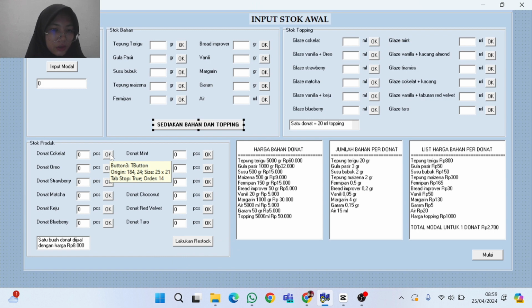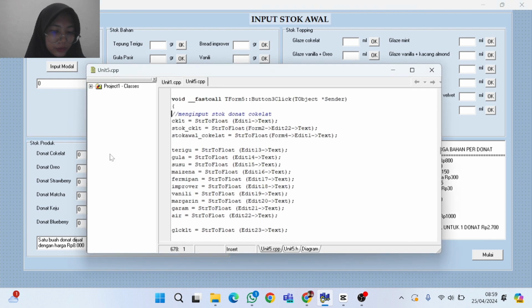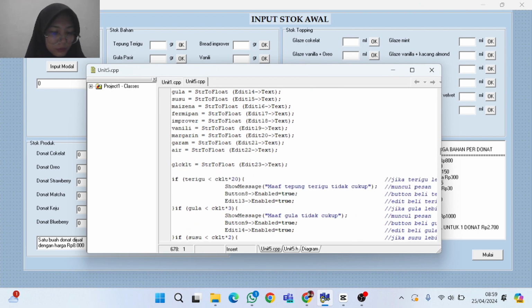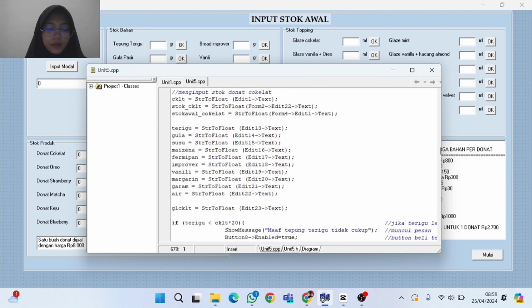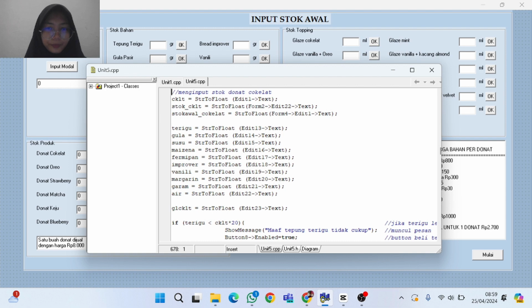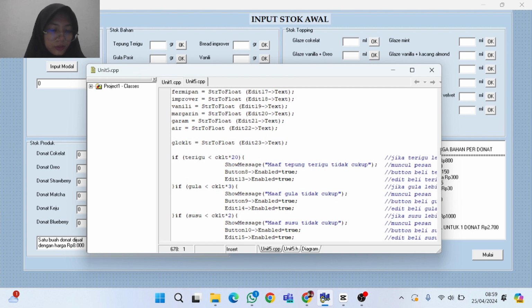This is a button for input product. I've declared donut variants globally. Here there is chocolate stock. This is a chocolate stock declaration in form 2, while this is the initial stock in form 4. In form 4, if flour is smaller than chocolate times 20.